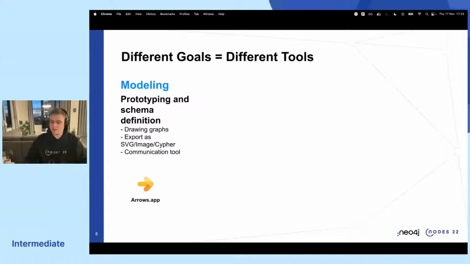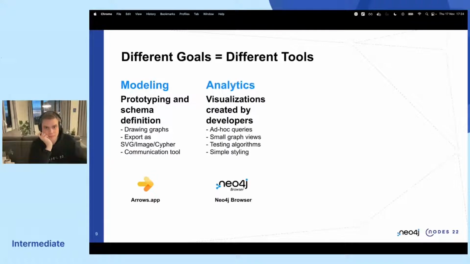So a modeling tool is really just a virtual whiteboard for drawing a graph schema. So you can draw nodes, you can draw edges, you can draw properties on the nodes and relationships. And it's a communication tool. So there's typically no animations, but styling options, adding nodes is very important there. A type of graph visualization, really just like the ones that we're used to seeing.